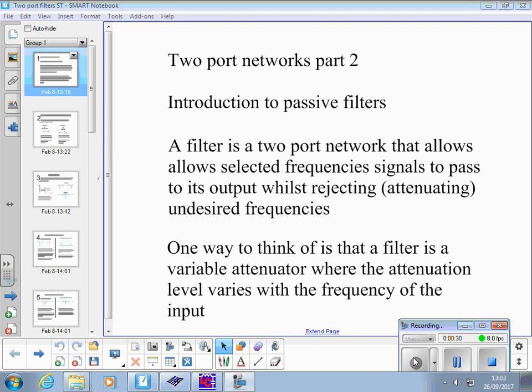So, a filter is a two-port network that allows selected frequency signals to pass to its output whilst rejecting, or in brackets attenuating. It does that by attenuating